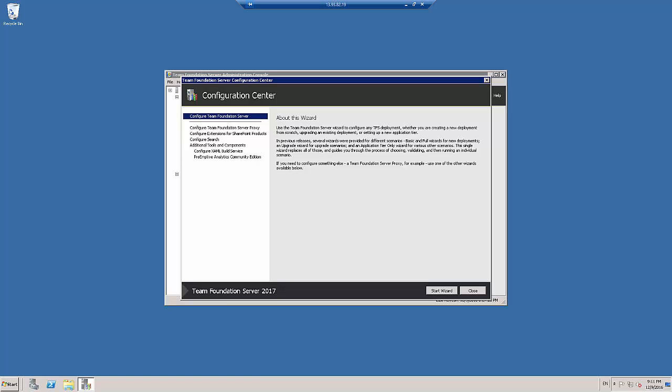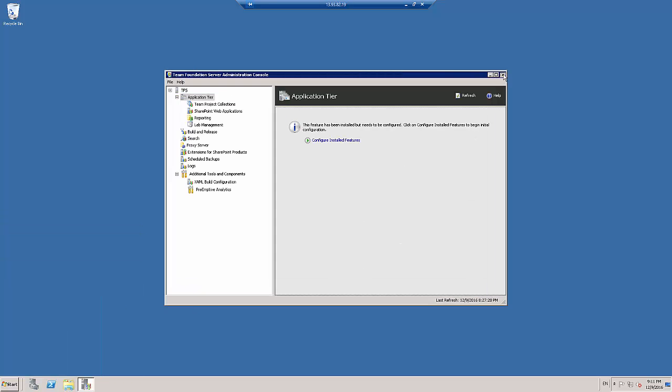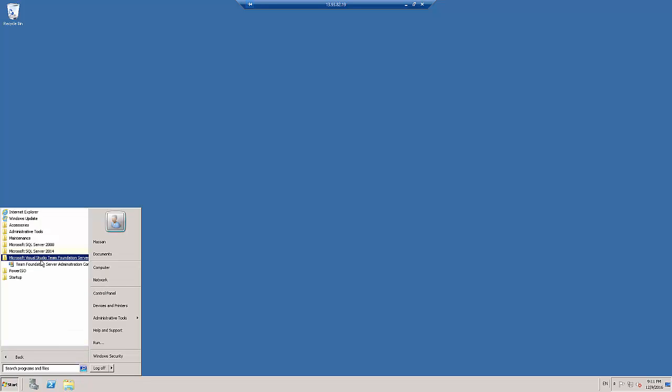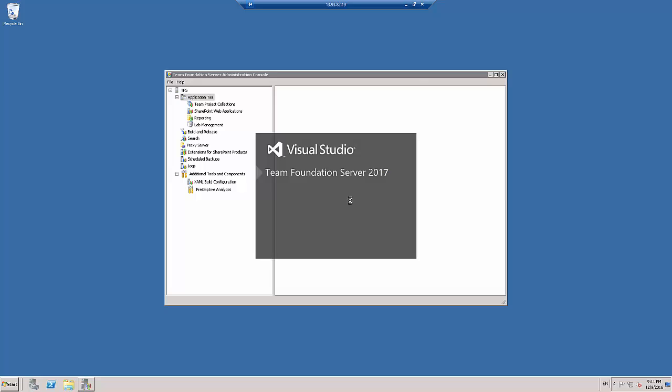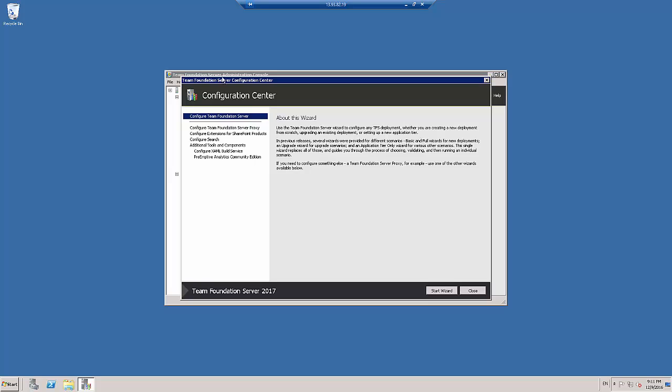Okay, so we just restarted the server, and now we're seeing a configuration screen. Actually, it was closed, and I just reopened it from the start menu. So let me show you how. I just go down there, and in my Team Foundation Server shortcut, this is the administration console. So when you open this, you can click configure install features, and then this window you will be seeing. You'll be seeing it right after the restart of the server. Anyway, so you click start wizard, and then